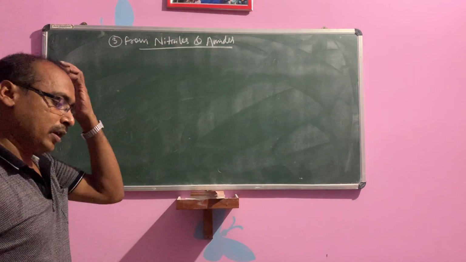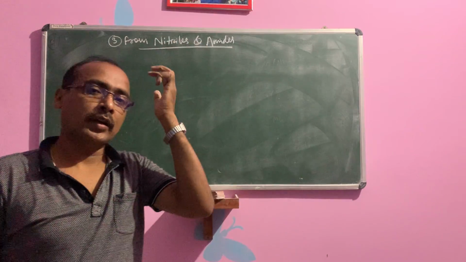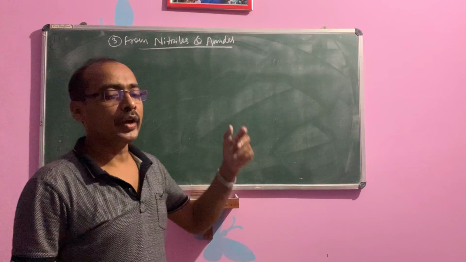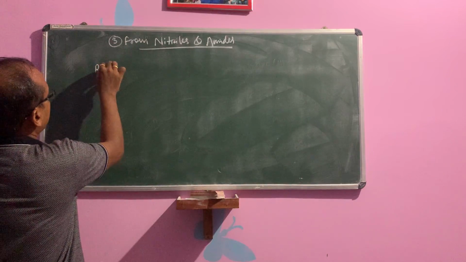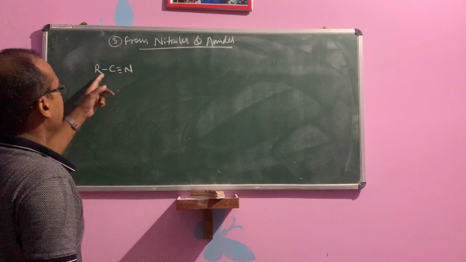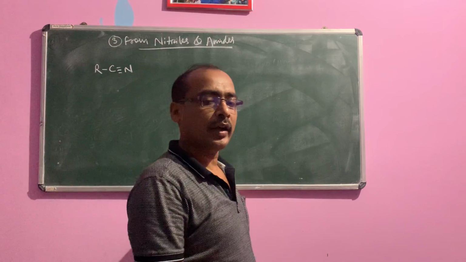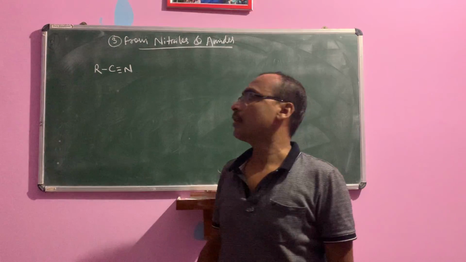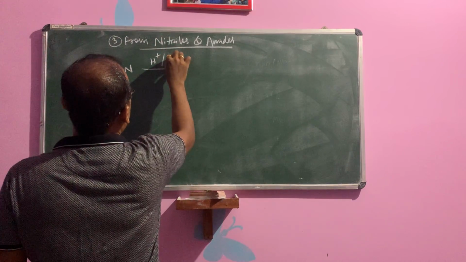Children, you know nitriles means alkyl nitriles, and amide means C=O NH2. So a nitrile, RC≡N, an alkyl nitrile, in presence of acid or base, H plus or OH minus, followed by the hydrolysis, that is H3O plus,